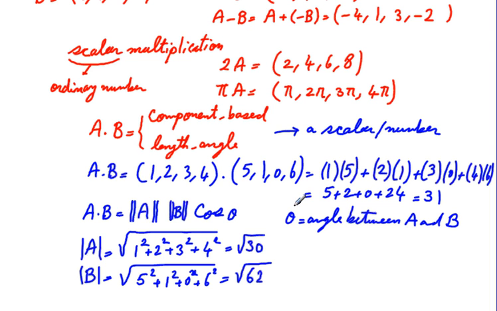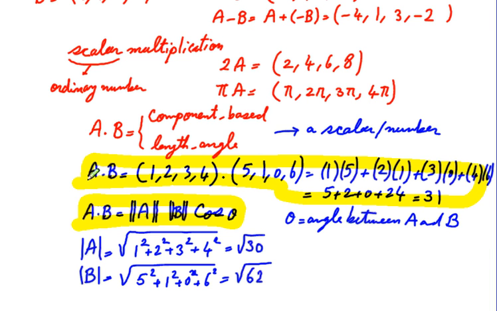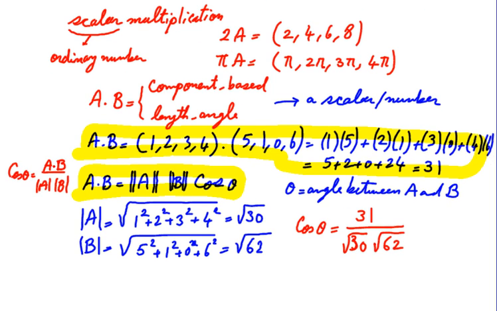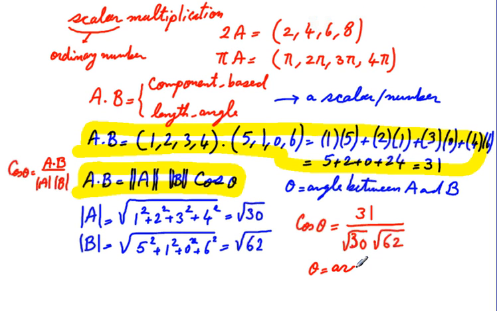So in this case, we can use the fact that this definition and this definition are referring to the same thing, and we can use this as a double-edged sword to figure out the angle. So for example, if I want to figure out cosine of theta here, what would it be? Cosine of theta is A dot B, which I figured out here, divided by length of A times length of B. So you always have this formula. You can turn this formula around. You can say cosine of theta is the dot product of the two vectors over the product of their lengths. So you can figure this out on your calculators, see what that one is, and then use the inverse cosine to figure out what theta is going to be. So that's going to be arc cosine of